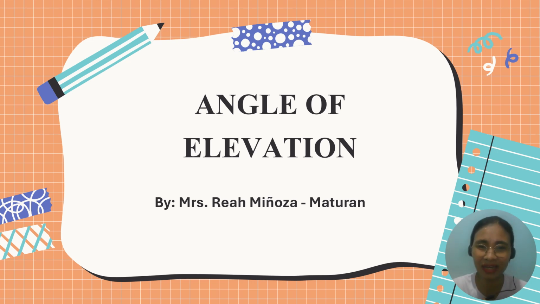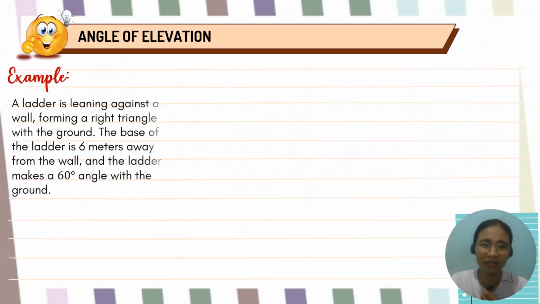This is Teacher Rhea and our topic for today is about angle of elevation. So how are we going to solve problems related to angle of elevation? So we have an example here. A ladder is leaning against a wall forming a right triangle with the ground. The base of the ladder is 6 meters away from the wall and the ladder makes a 60-degree angle with